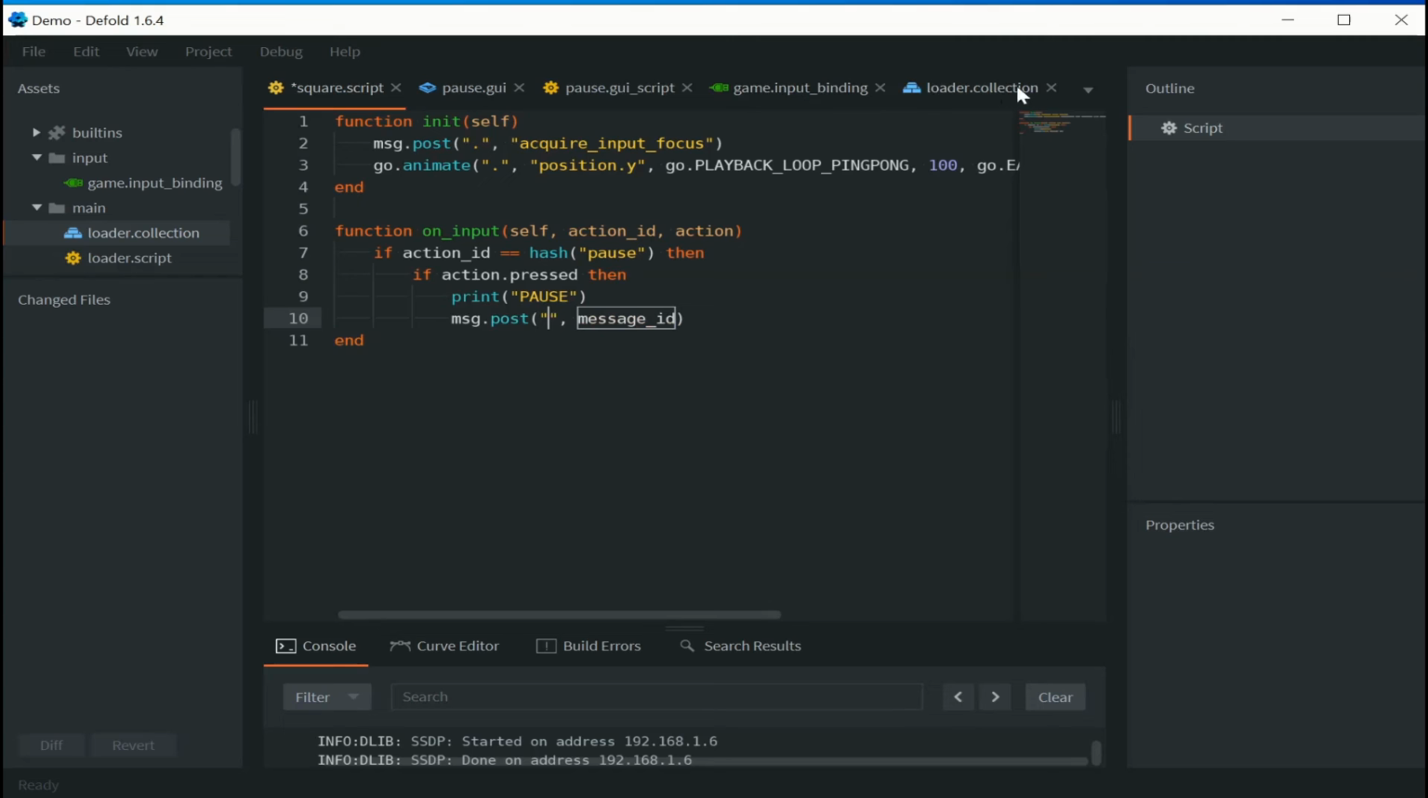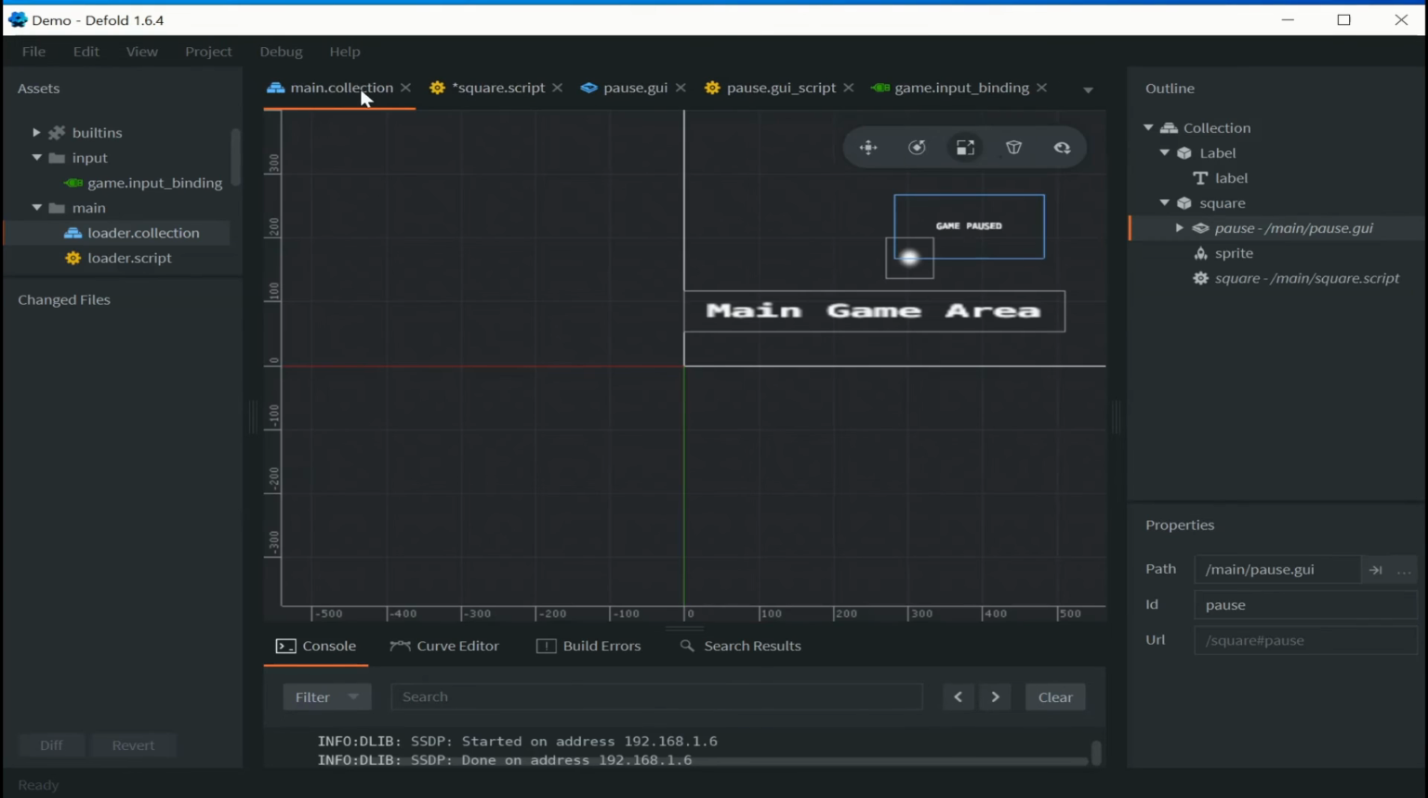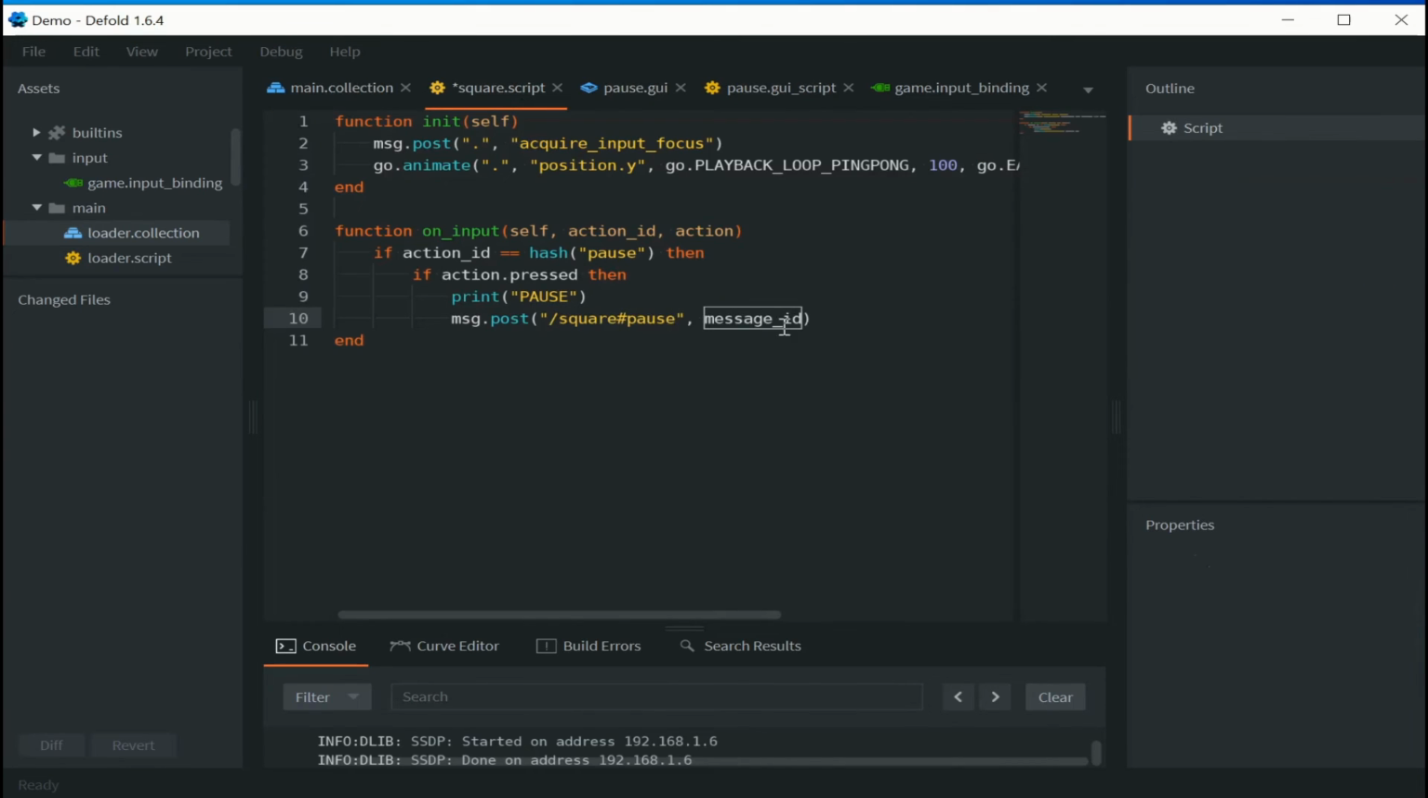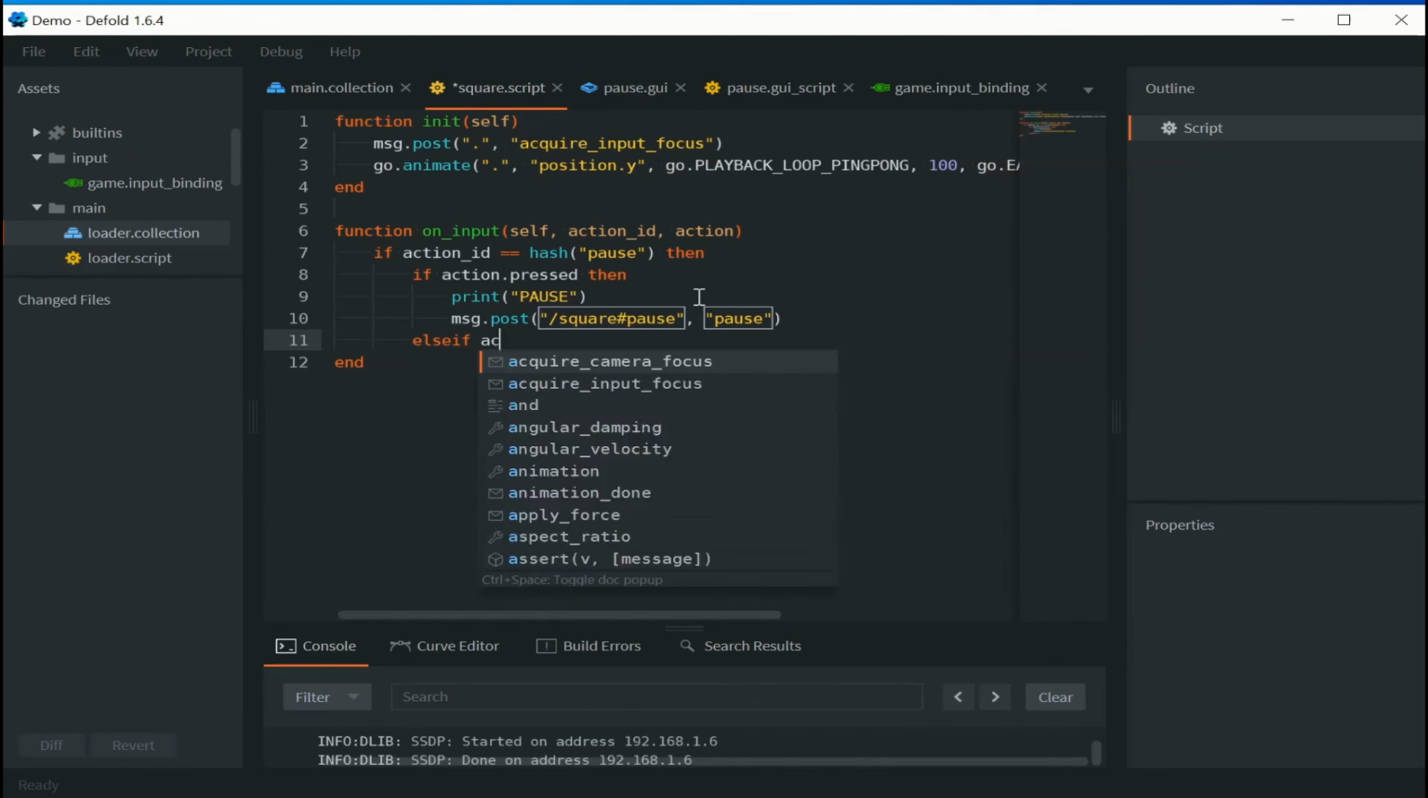receiver being, so we can close that. So our receiver is going to be our script here. So it'll be this one here. So we'll copy and paste that. So square hashtag pause, which is that GUI, that's going to take the message. So put that there, and then we say that the message ID will be pause. So when we hit the spacebar, the game will pause, and then we're going to do an else if, and